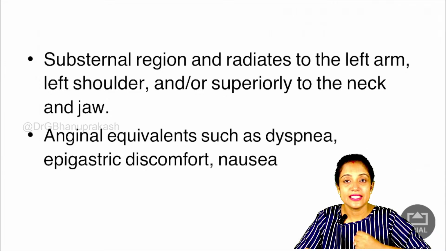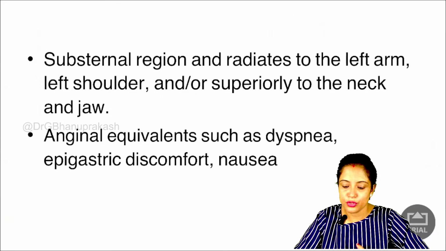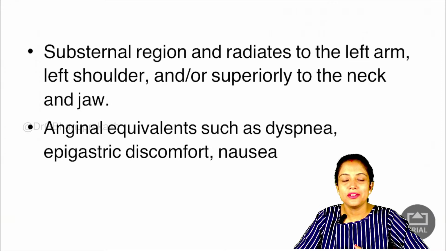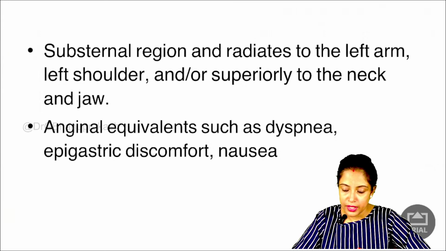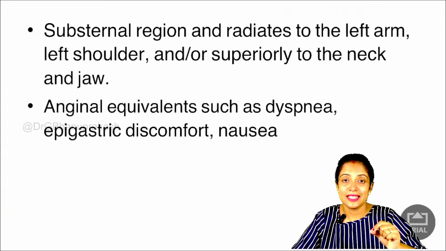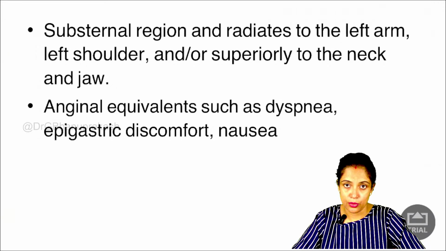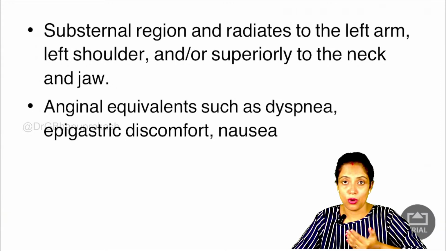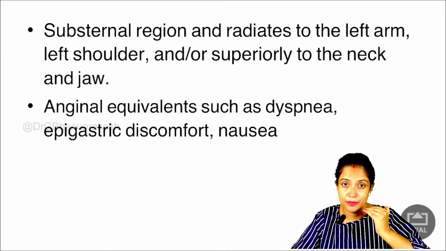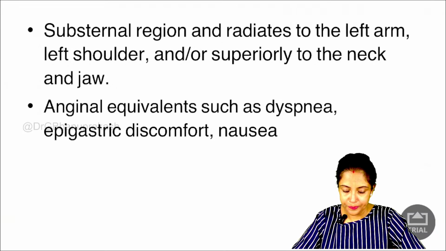The discomfort is usually substernal or retrosternal, and there is usually radiation up to the jaw. It can radiate to the upper back, it can radiate to both the upper limbs, also the ulnar aspects of the forearm. Just to mention, the pain usually never radiates above the jaw or below the umbilicus. So there is a dictum: if the pain is below the umbilicus or above the jaw, then we should think of some other diagnosis.